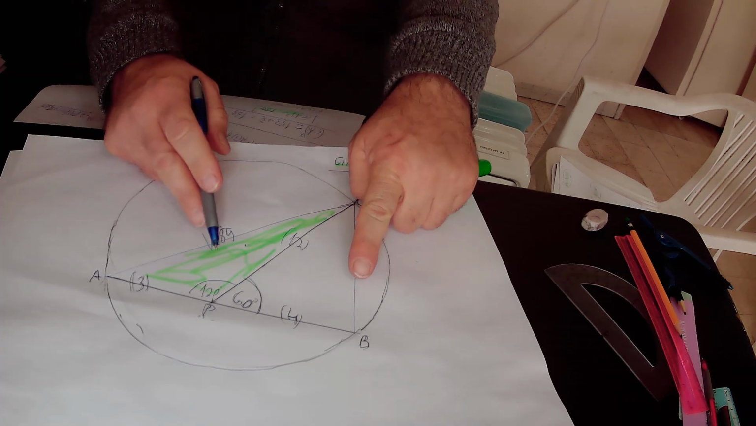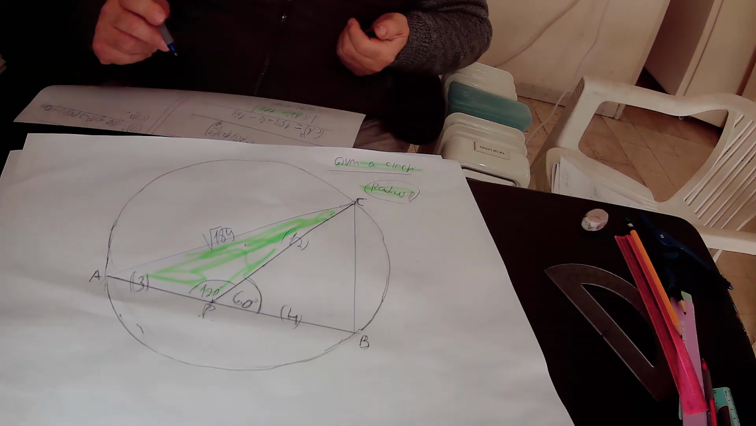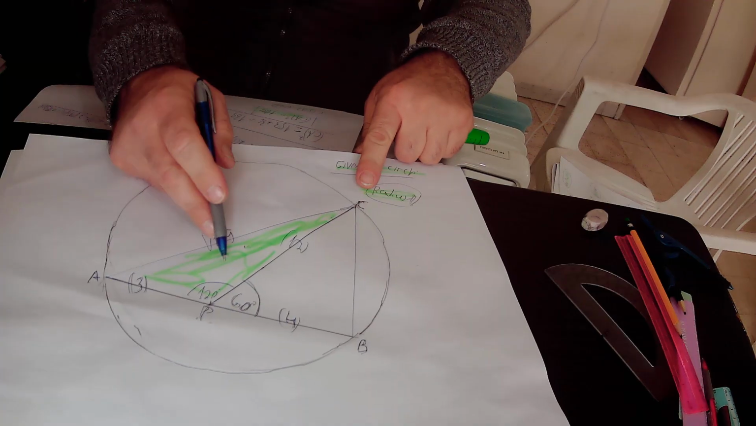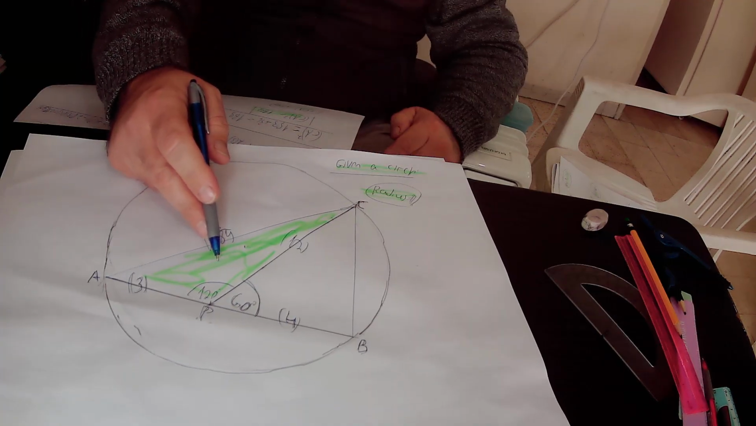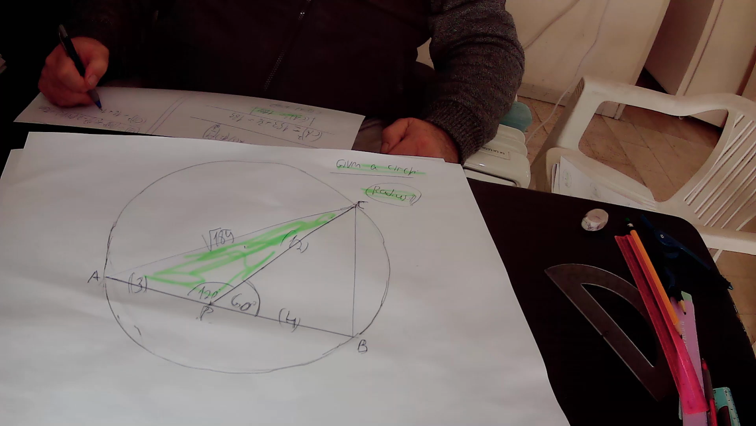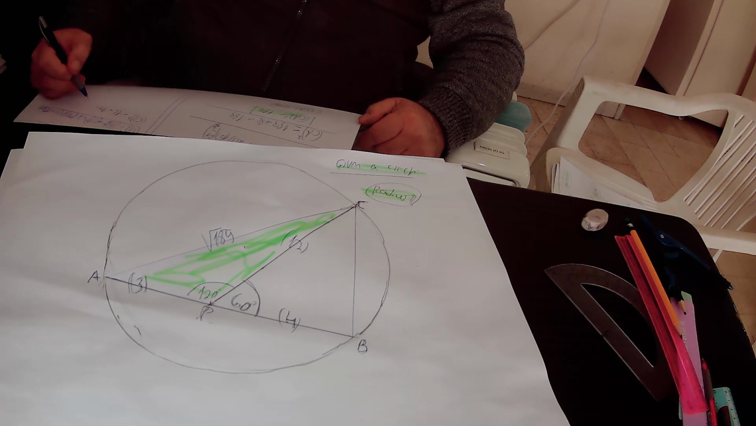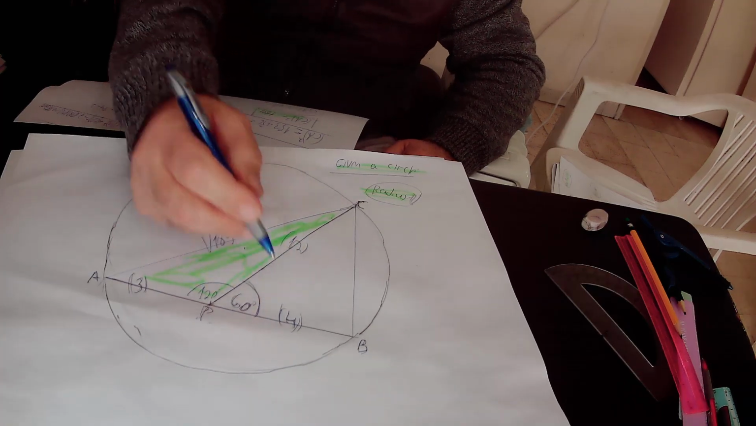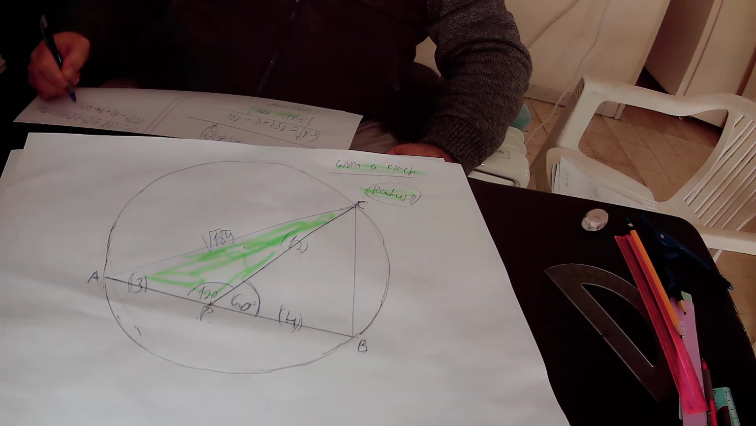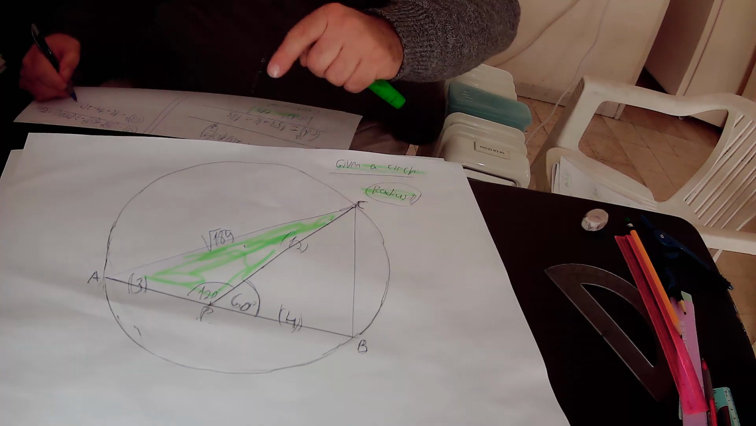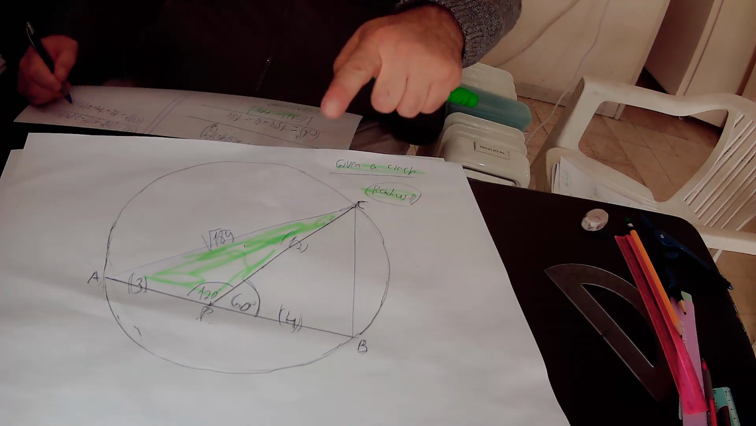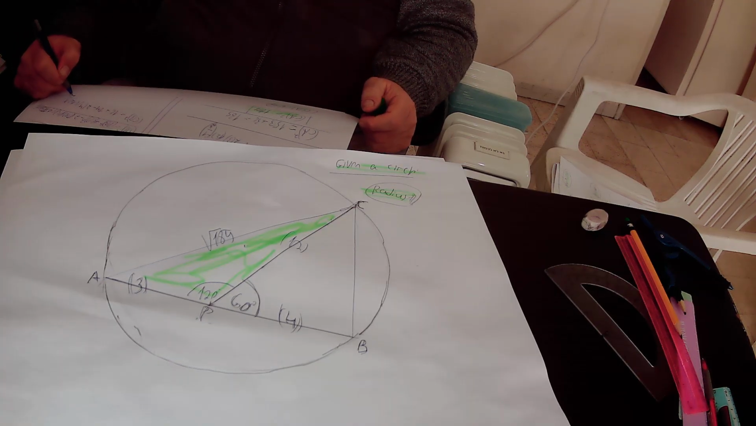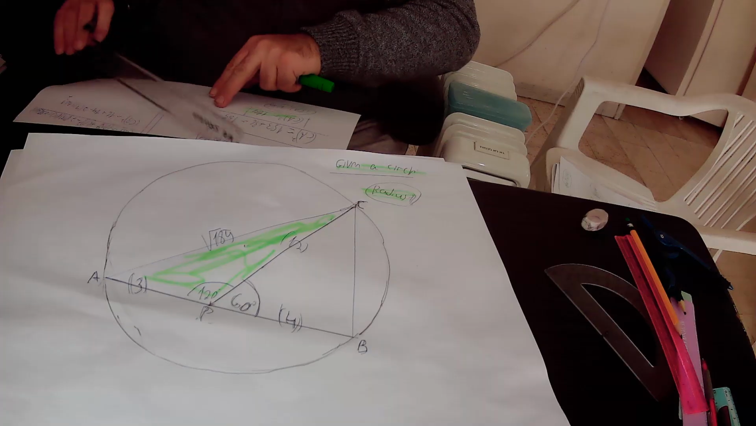equals to PB square. PB is 4, therefore PB square is 4 squared, that is 16, plus CP squared. CP is 12, therefore CP squared is 12 squared, that is 144. Minus 2 times PB is 4 times PC is 12 times cosine 60 degrees. Cosine 60 degrees is 1 half. So to that we should find out that